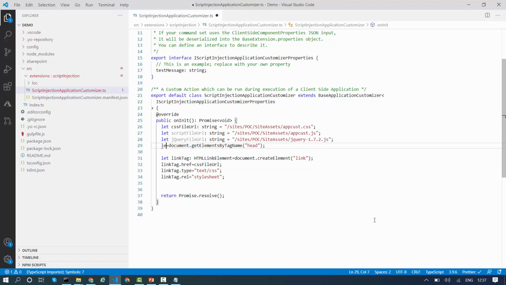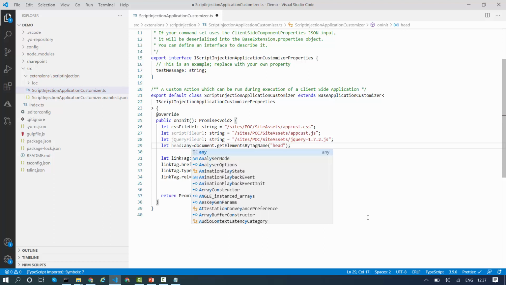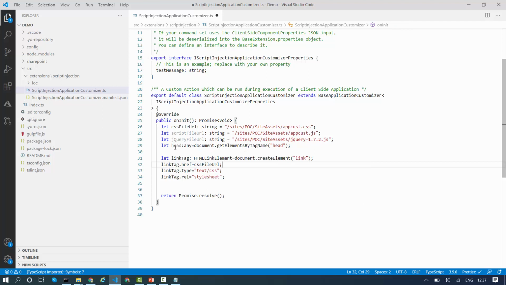Link tag I have already taken, sorry, I have to say let head. This is my header tag, and it will be of type any. So head is my variable, it is of type any, and you can say document.getElementsByTagName head.